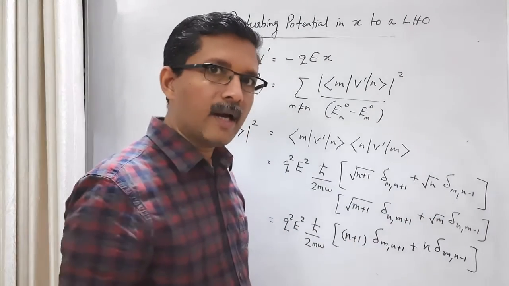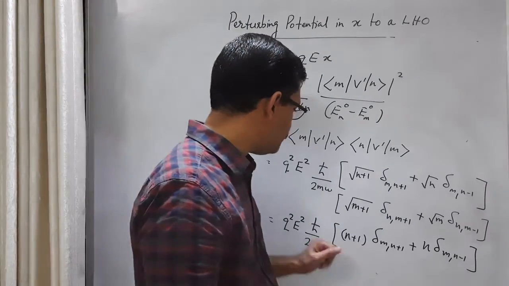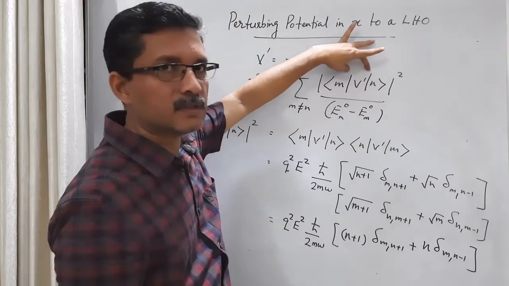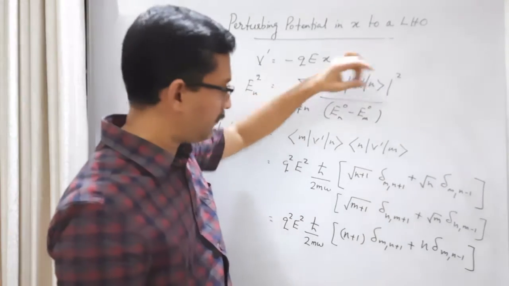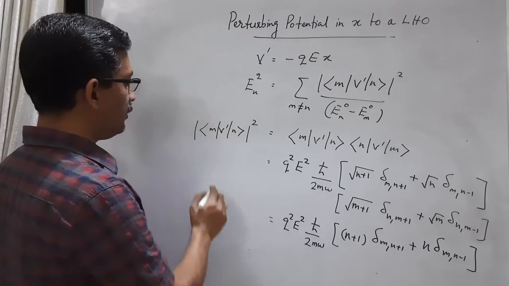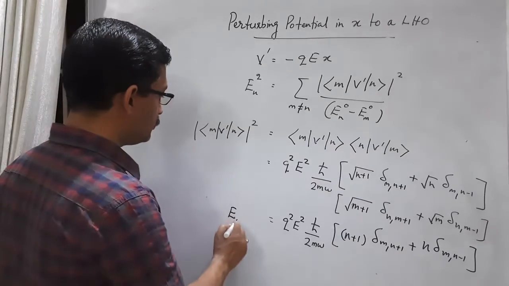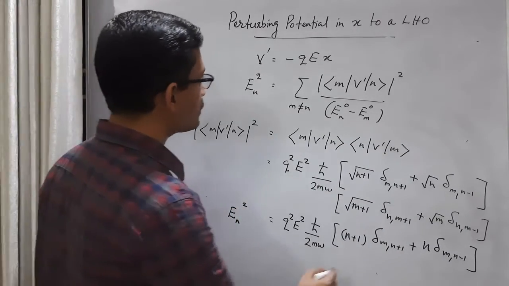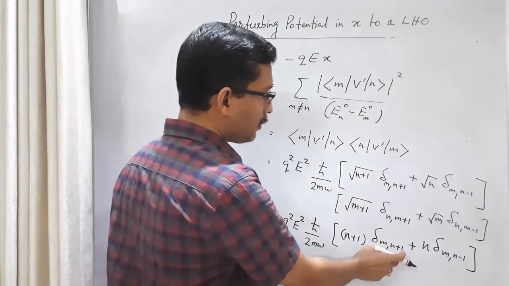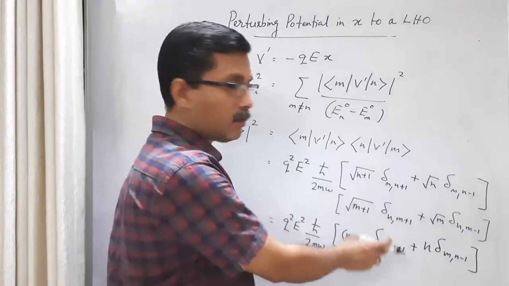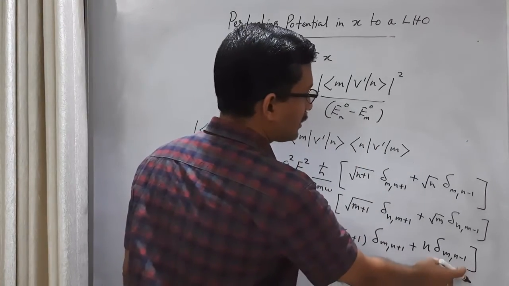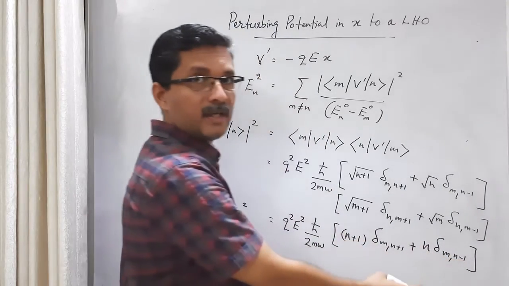Finally, it will add up like this exactly. Okay. So, we have evaluated this numerator part, but there is a denominator also. If you substitute the denominator here, let me write. So, this En2 is equal to, there is a denominator here. Summation is over m, but in this summation, only one term will be non-zero, m equal to n plus 1. There are 2 summations, and in the second summation, m equal to n minus 1 will be non-zero.